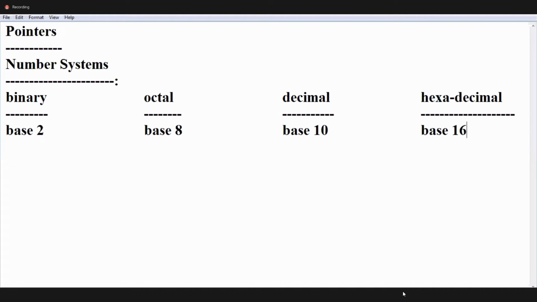Are you following, guys? Base 2. It contains binary, means it contains zeros and ones.